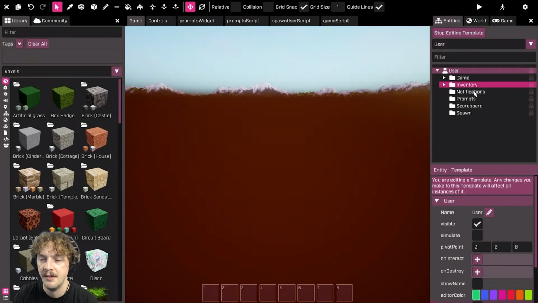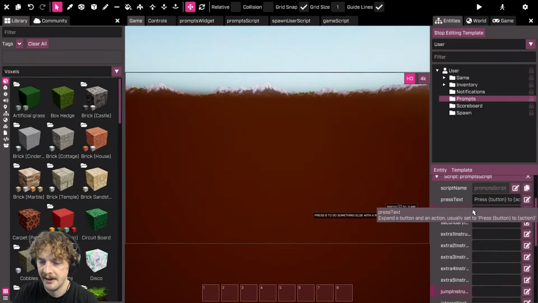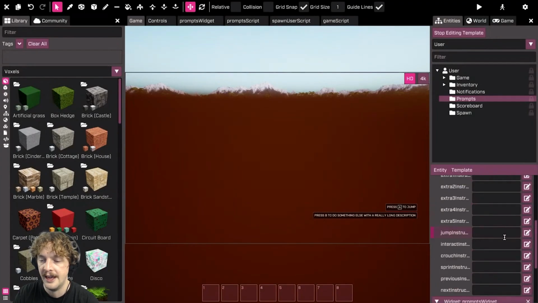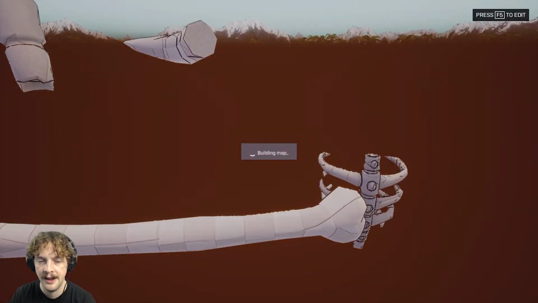So I'm going to go to the user template, going to go to the prompts script folder. If you scroll down in here, it's got the prompt scripts, and you can actually write instructions here to give people, your players, a breakdown of what the controls do. So, for example, the jump: I can put in the jump instructions, I can say fire thruster to go up. And if I hit enter, and then test the game and press F5,